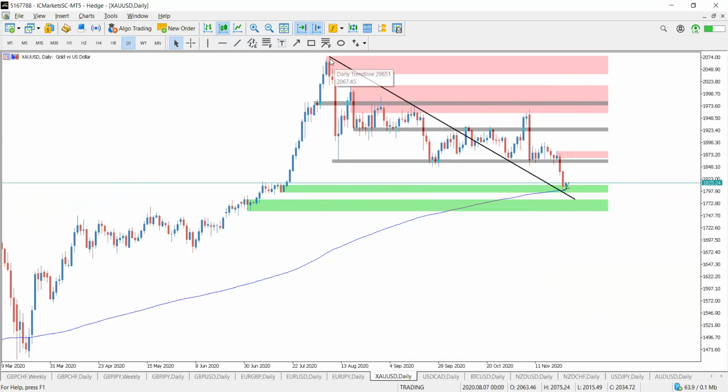This is the trend line that I've drawn from the top peak connecting this low, and here it takes a support and a bullish move, and then again it bounced back and got a bearish move, and then again it has taken a support from this trend line. So we can expect a short-term bullish move following your analysis,